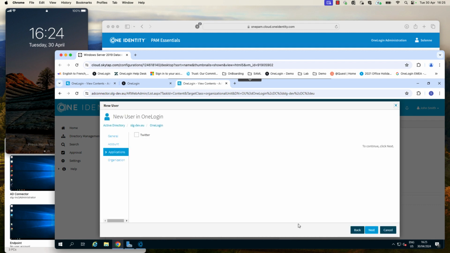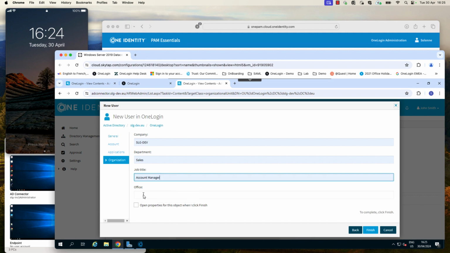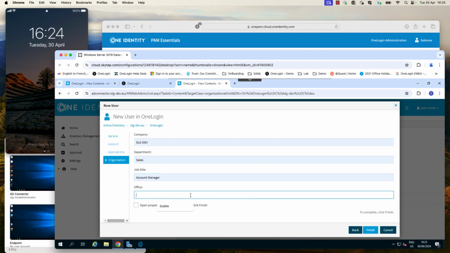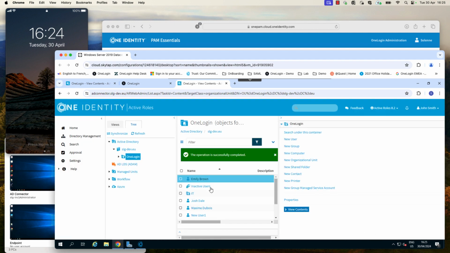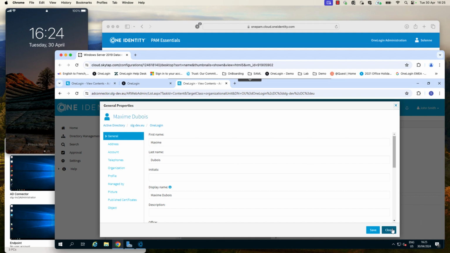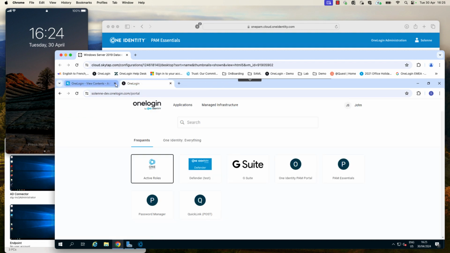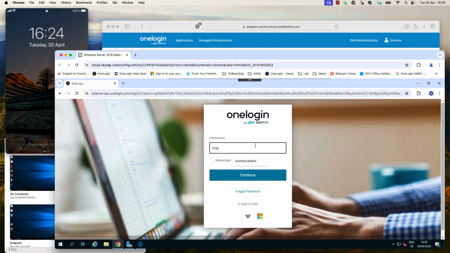And then we will set some other fields like company, department, job title, and the office, because it can directly imply the security policy that will be assigned to this new user. Here, this user is a remote worker, so we'll have a different policy than a user working from a corporate office. Now, this user has been created. John can modify the fields if necessary, but we are going to log out of OneLogin and Active Roles to log back in as that new user to see that this new user can now start working straight away.